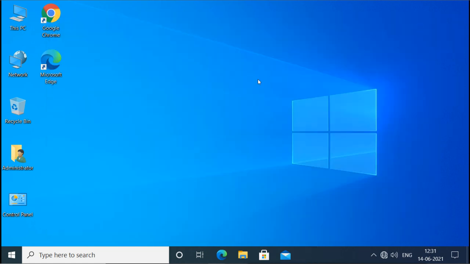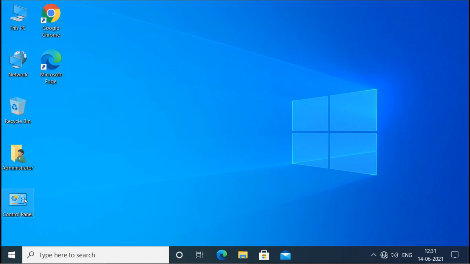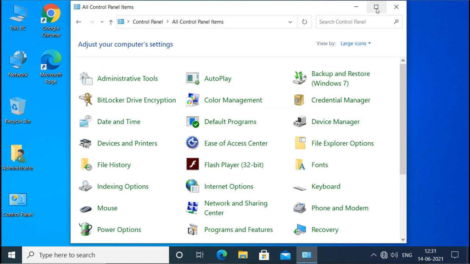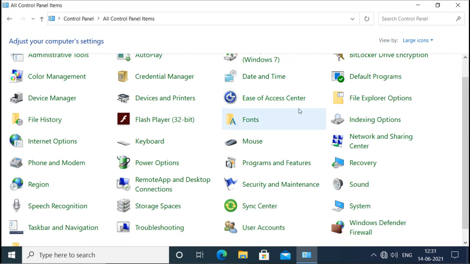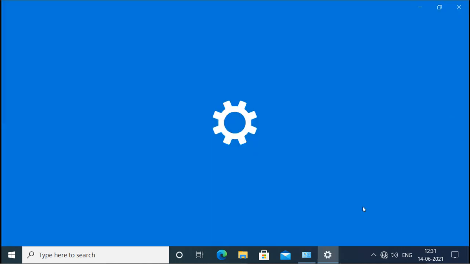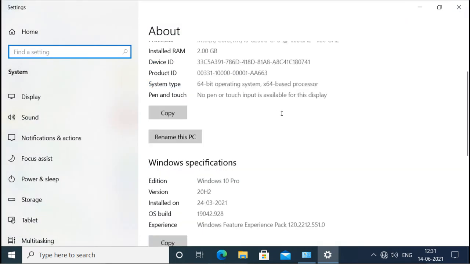For joining the domain, we have to go to the computer system settings. We can go by pressing Properties on This PC, or we can go to Control Panel, categories, and under System we can see the system configuration, and it will take you again to the properties of This PC.